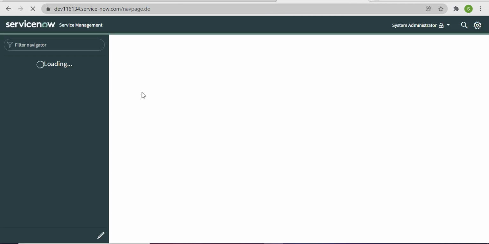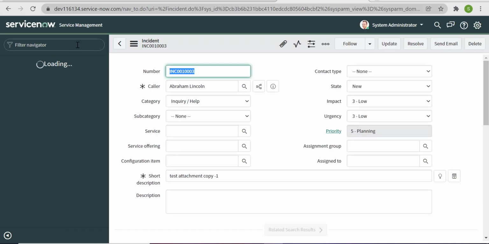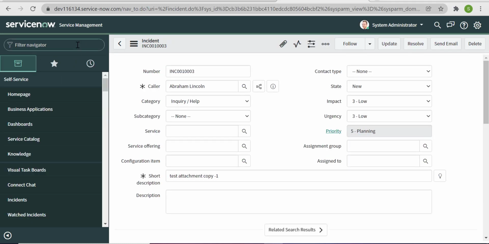I will do it with the help of a background script, but you can use GlideSysAttachment maybe in a business rule, maybe in a script include as well. It depends upon the requirement.